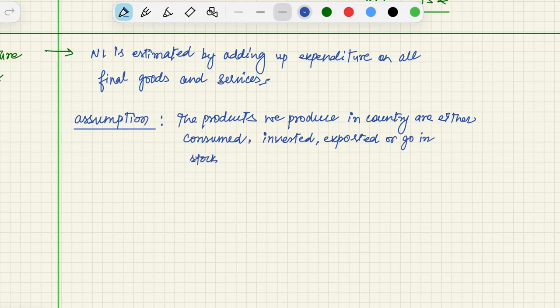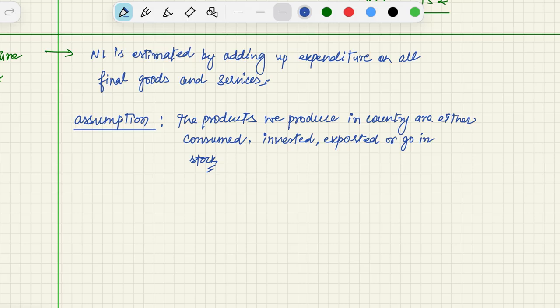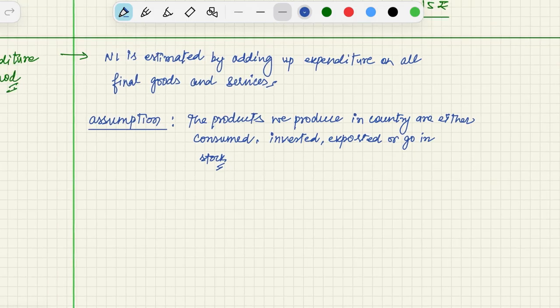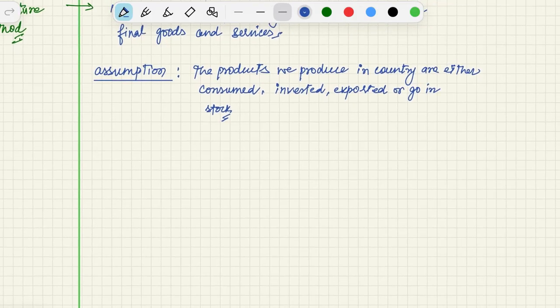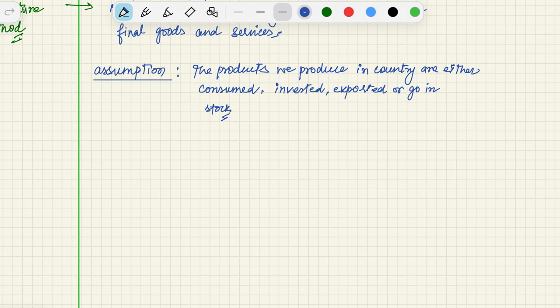Okay, there is an assumption that whatever products we are producing are generally consumed in one of these ways. So here we have one formula, that is Y equals C plus I plus G